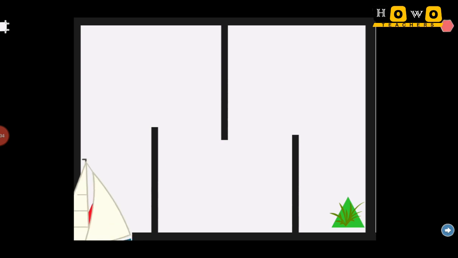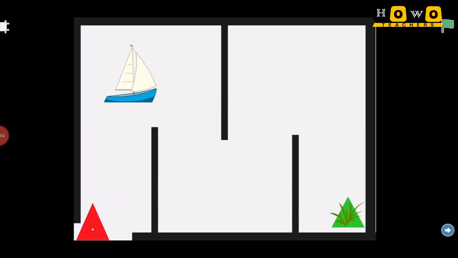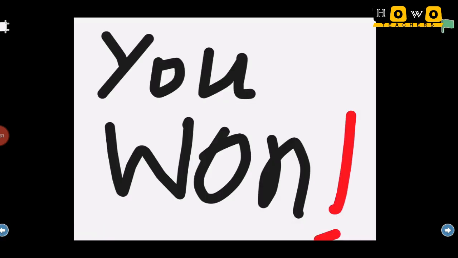And I'm going to click the green flag. So here is our boat. And now I'm just trying to play the game, and it should not touch the black line, and it's moving quite well. Now I need to take my boat this side, and here we are going, and let us see, it should not touch that. So we reached and the message came.